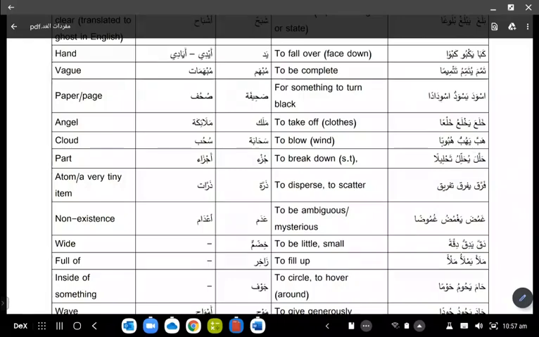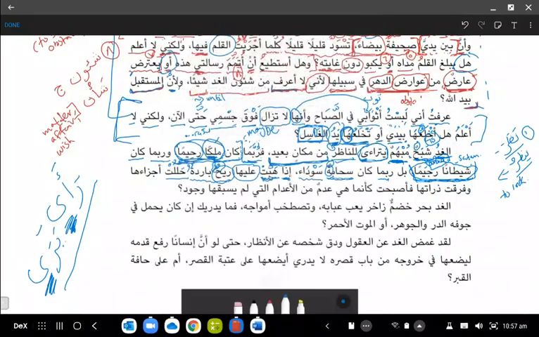Okay? To break down, don't think of this as a human being breaking down, in other words, they're emotional or going through a tough time. Breaking down means if you have something solid that can be broken down into smaller pieces, this is what it's referring to. I'm not sure if that's the right word to use for clouds. Let's see what else he says.